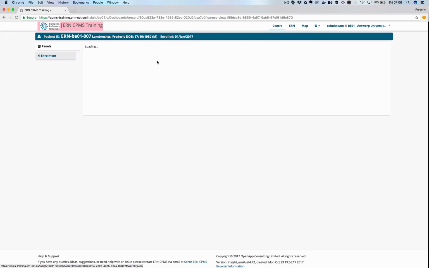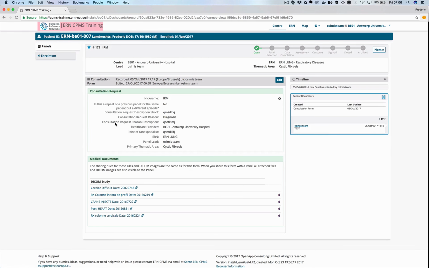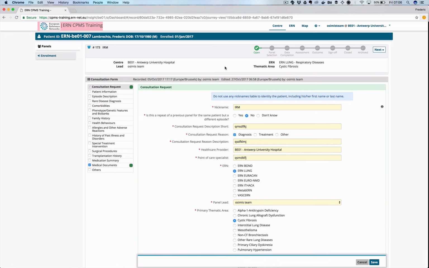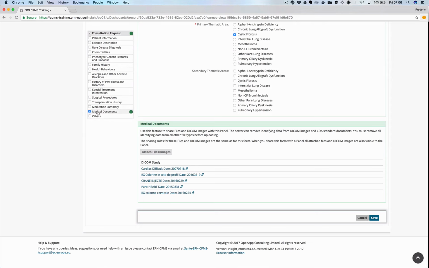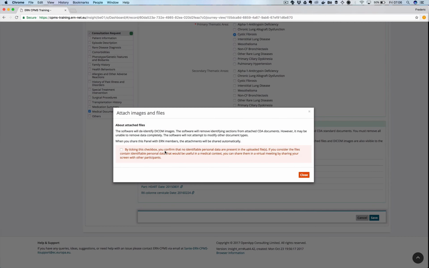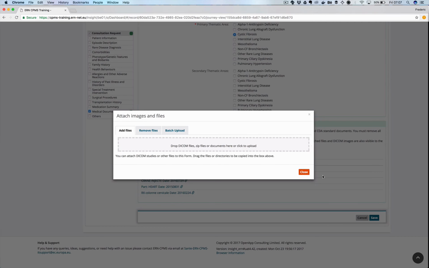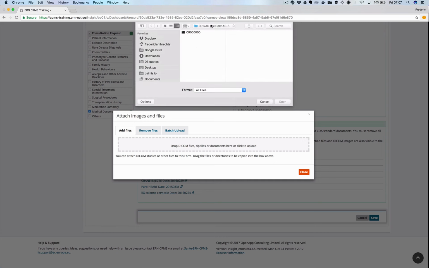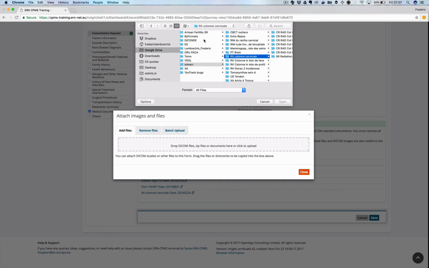So I click the patient and I can get to see the consultation request and additional information that has already been added before. And in order to add a medical image, I have to move to section medical documents. And in this section, I get to see all the images that were added already. I then click the attach file/image, tick the box. I then press the section here in the middle, and I'll be prompted with the possibility to upload studies from